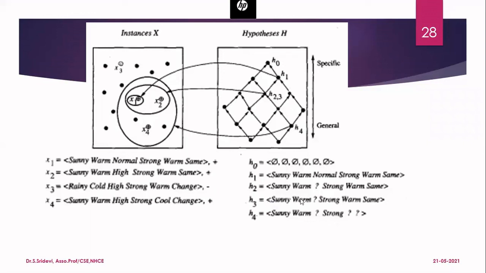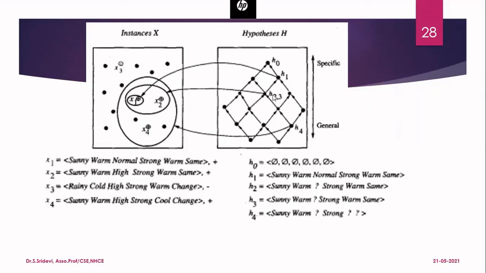Okay. So now, if you consider the diagram, when you draw the diagram, the more specific hypothesis will be at the top and the more general hypothesis will be at the bottom. So when we started, we have H0. It is more specific, so it is here. After that, we have H1. It is different from H0, so we will write it as a new entry. It is towards general. And then we have H2 and H3. They are more general now, so it should be written towards the general part.